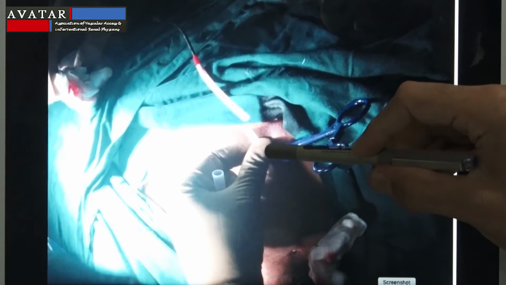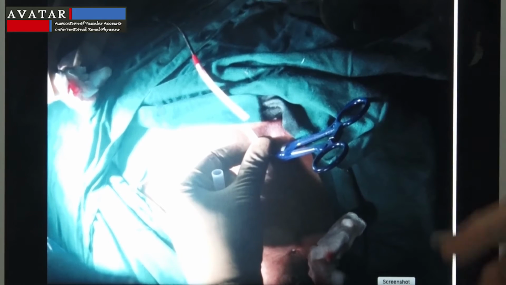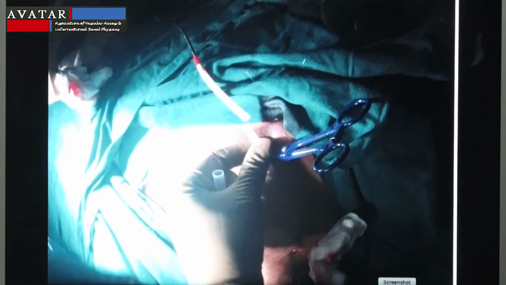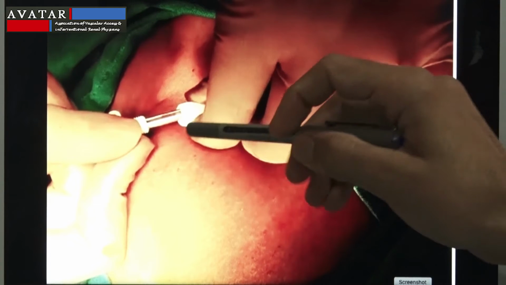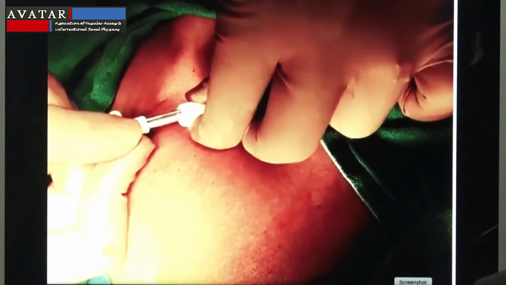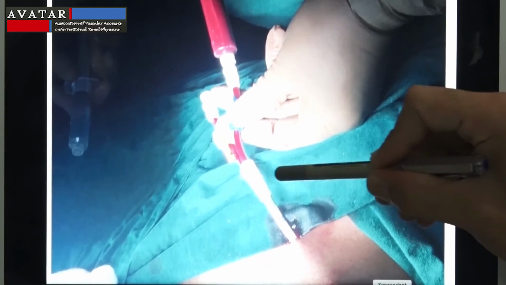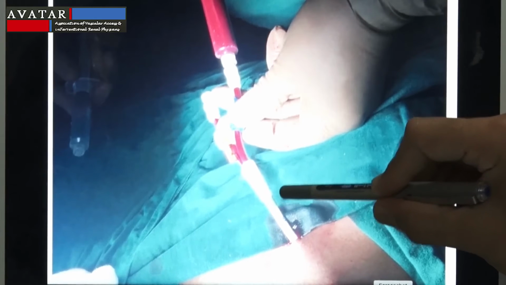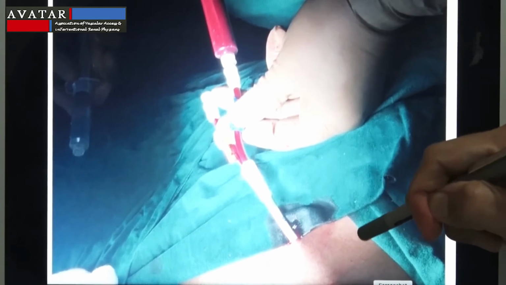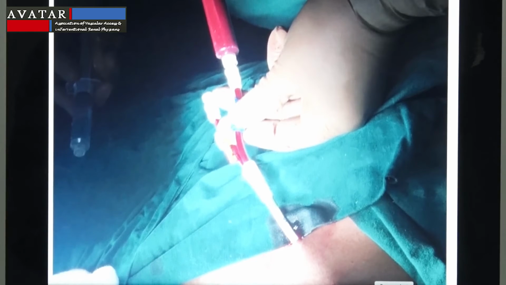So the clamp is here, the catheter has been cut with the help of a scissor about 1 inch away from the exit site, and then these are the hubs which are available with the catheter. You just have to screw them onto the catheter and apply some pressure tightly so that this is the final picture which we get. There has to be no leakage over here, and you have to do it very firmly. And this is the end result, where we see the catheter flows are very good.